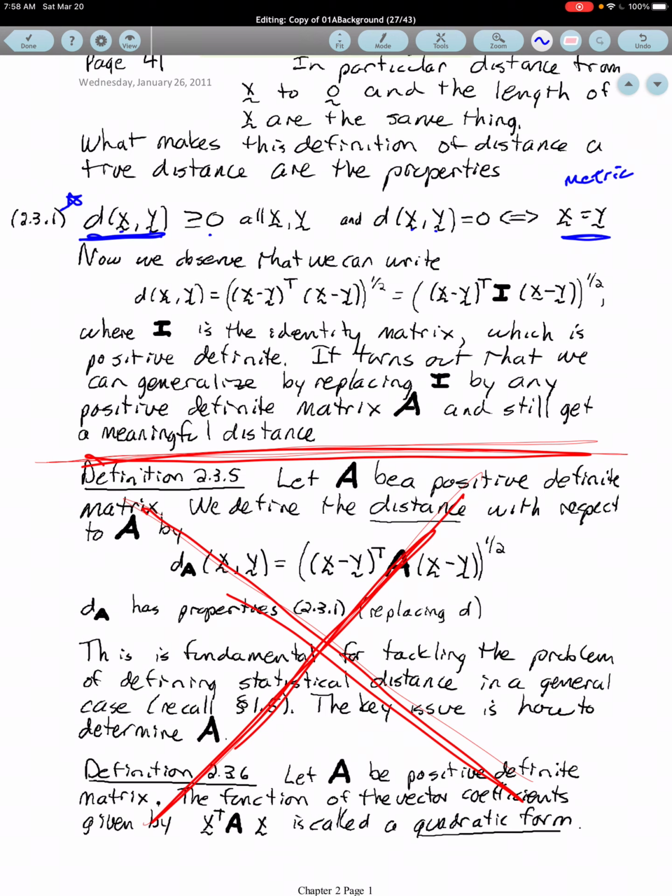So what we're going to do is we're going to think about a different type of distance down below. Okay, so the notes set this up by saying, notice that our notion of distance, which we had on the previous page, x minus y transpose times x minus y to the 1/2, is equal to this expression here, where we throw the identity matrix in. And what we're going to do is we're going to replace that identity matrix with a positive definite matrix. Okay, so let's